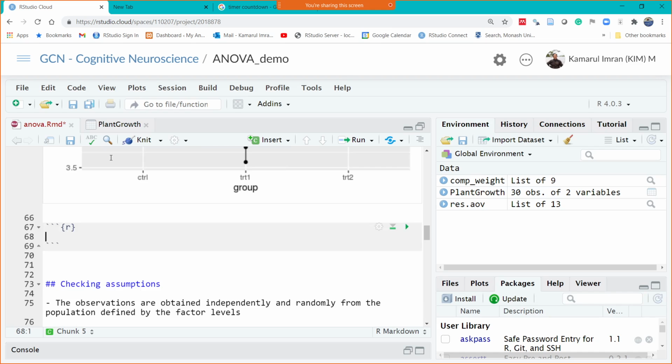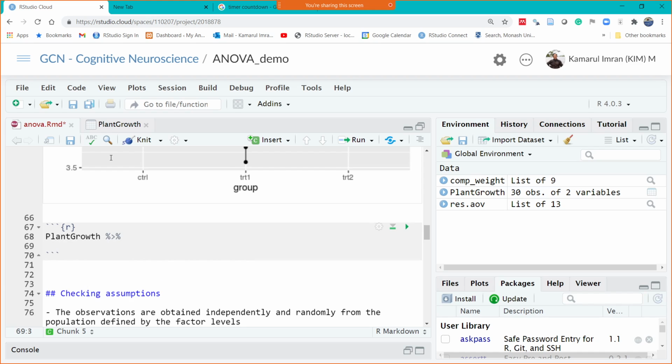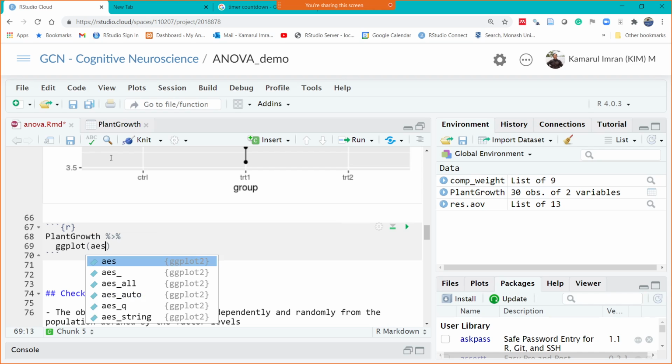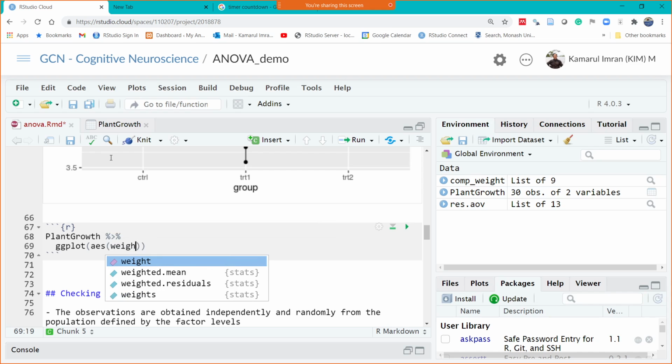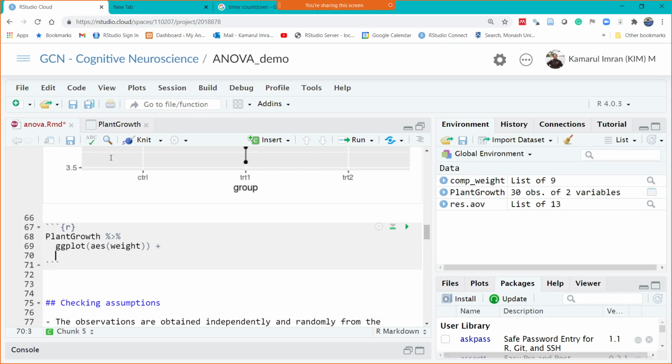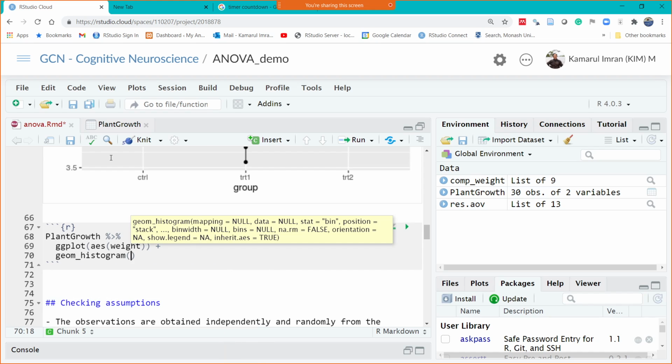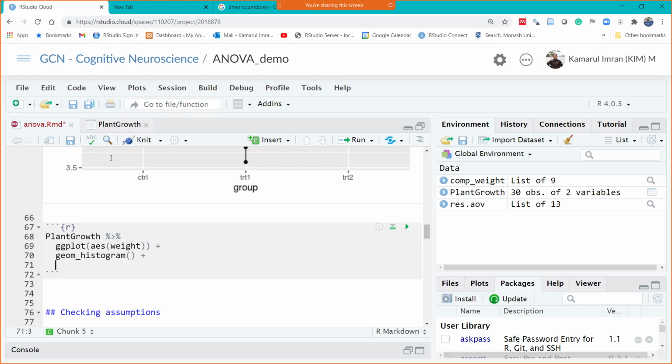We could plot growth and we'll do a histogram. ggplot, aes, and then we take weight, okay, there, and then we're going to make a histogram, geom_histogram, and then I'm going to split this into facet_grid,